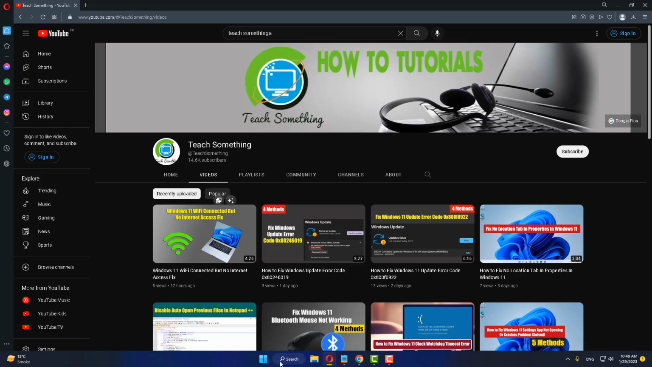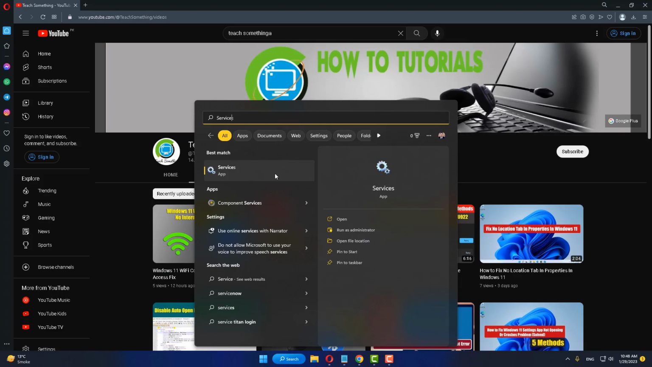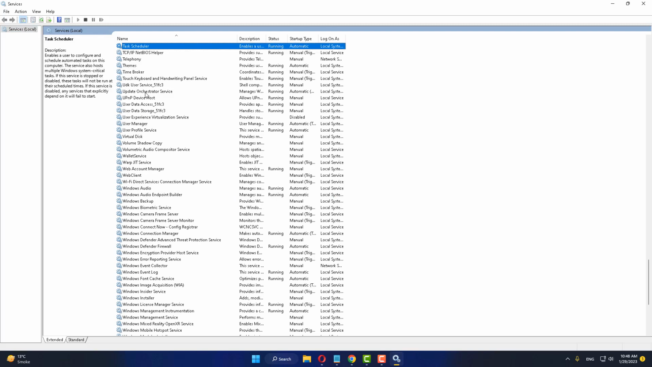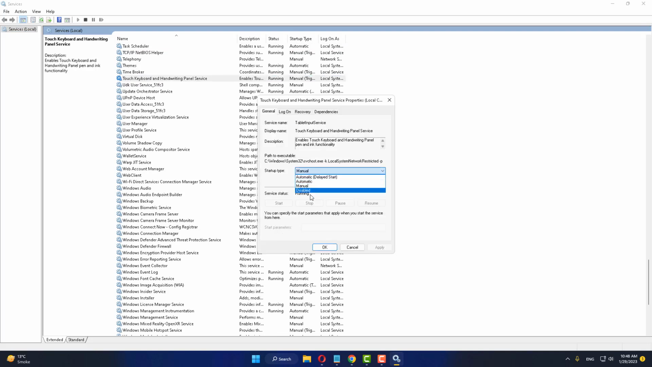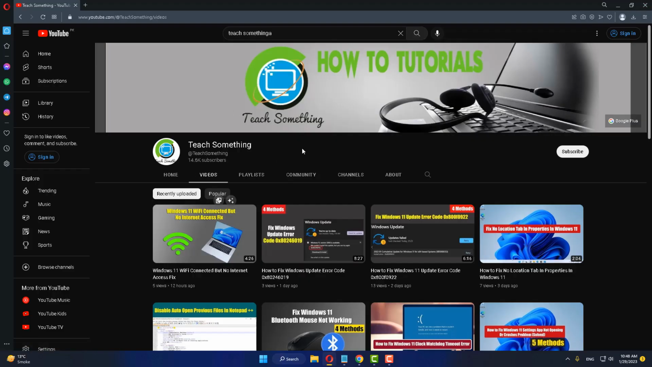The second method is that in the search box, type services and open Services. After doing this step, find the Touch Keyboard and Handwriting Panel Service, open it, change Manual to Automatic, click Apply, click OK and restart the service. After that close it. I hope your problem is fixed, but if your problem is still there, then you can try